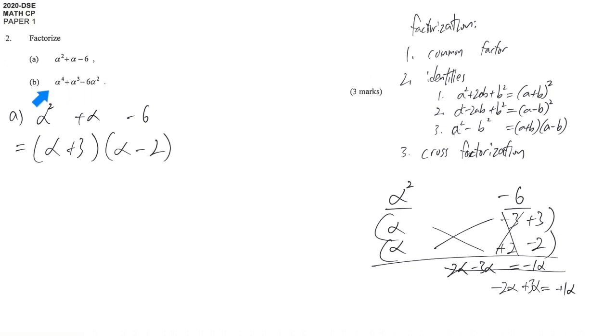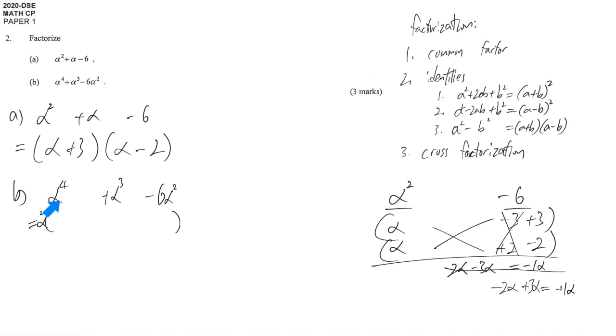After that, in part B, there is not exactly the same expression as part A at this moment. So what we can do is to go through this path once again. We check is there any common factor, is there an identity, something like that. In part B, we separate the 3 terms and we find that the terms are alpha 4, alpha 3, alpha 2. So at most I can take out alpha 2 from each term. It can't be more than alpha power of 2 because this one only has alpha power of 2. So we take out the common factor alpha squared and then we try to write down what is left